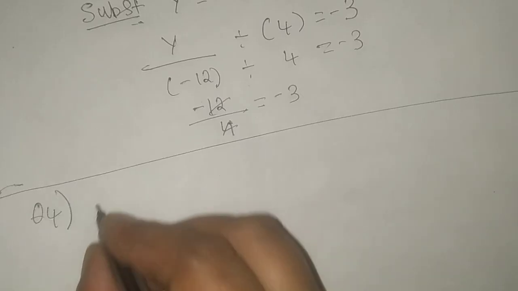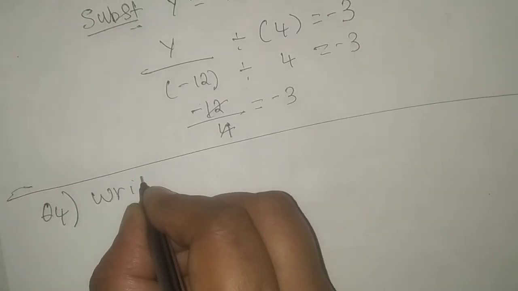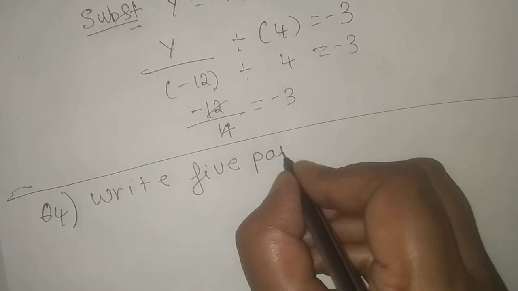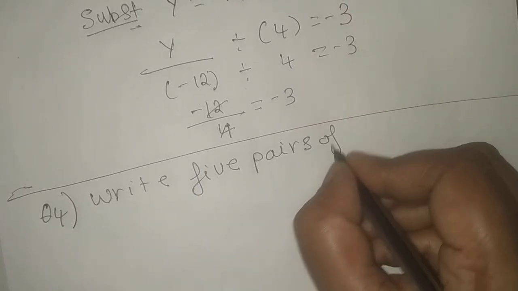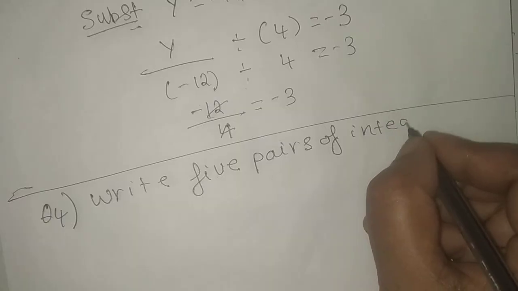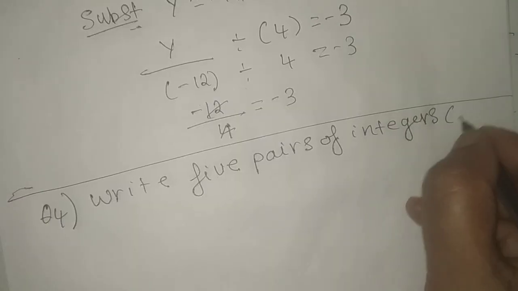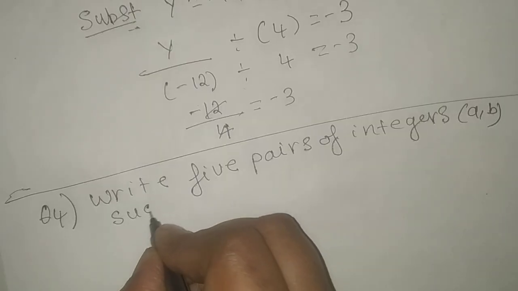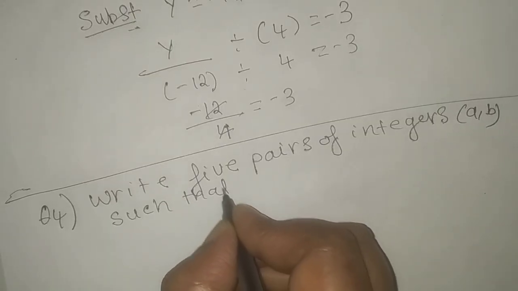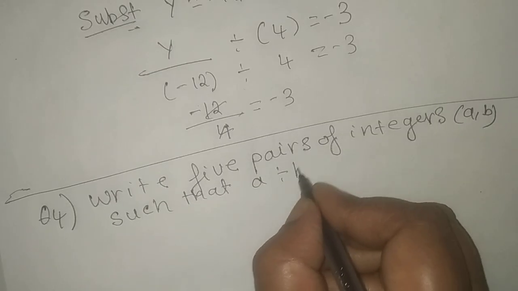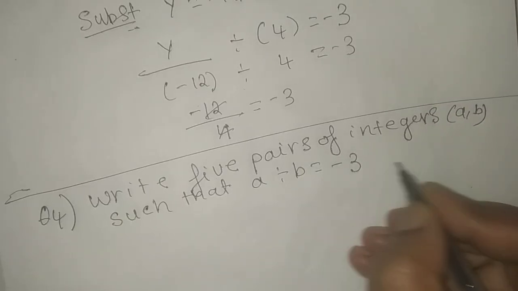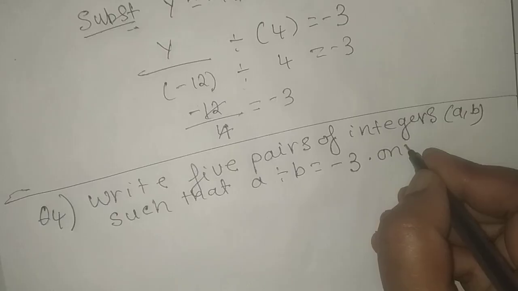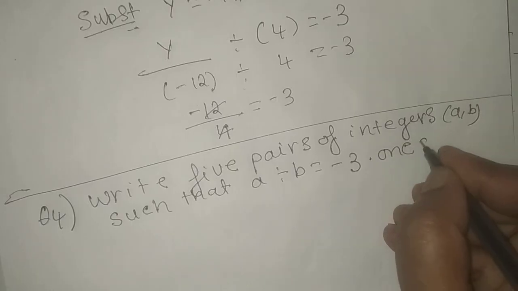Write 5 pairs of integers a, b such that a divided by b is equal to minus 3. They have given one example, one such pair